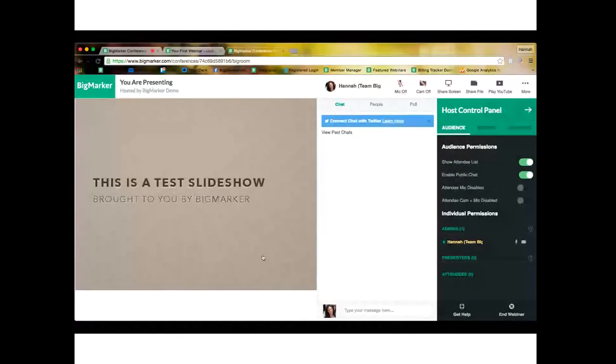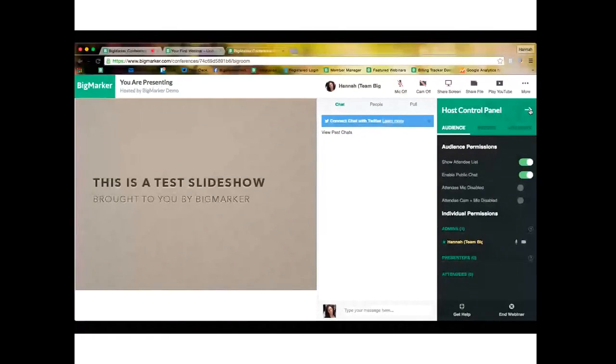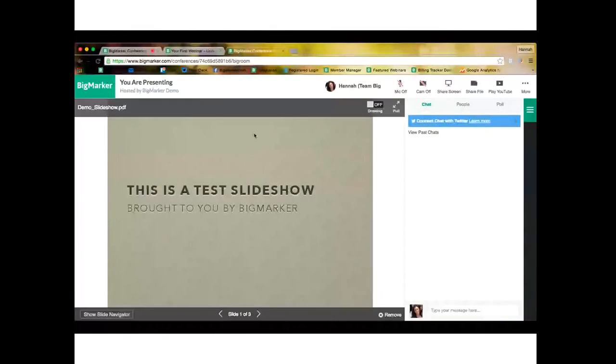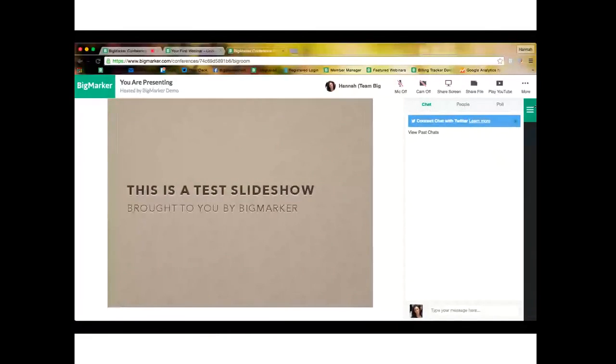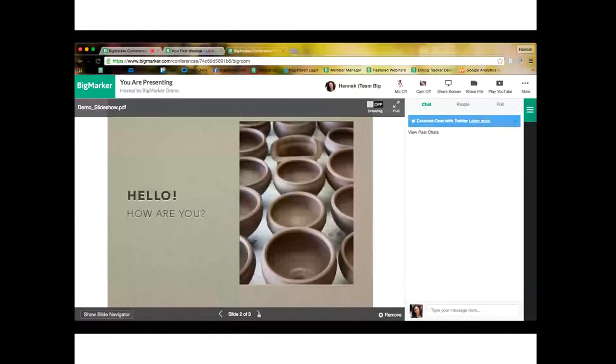And this is where my slideshow would hang out. This is a presentation screen on BigMarker. Again, the host control panel is only for me as the host, so if I were to take it away, this would be more similar to what the attendees would experience during the session. And I can click through my slides in real time, and this is what everybody in the room